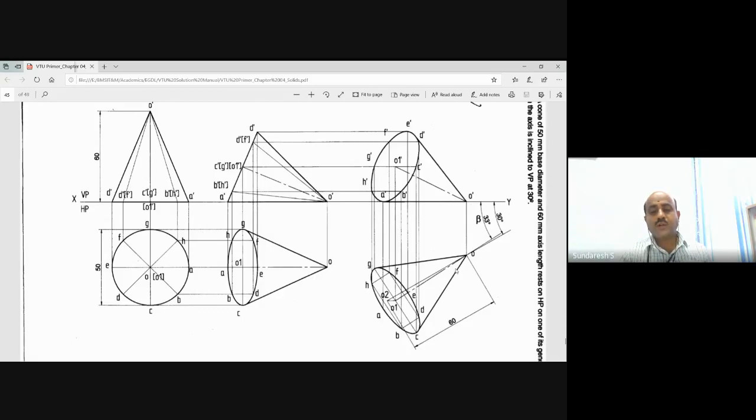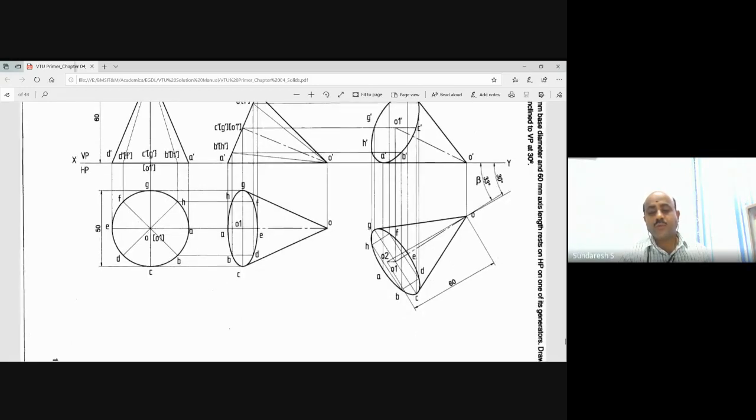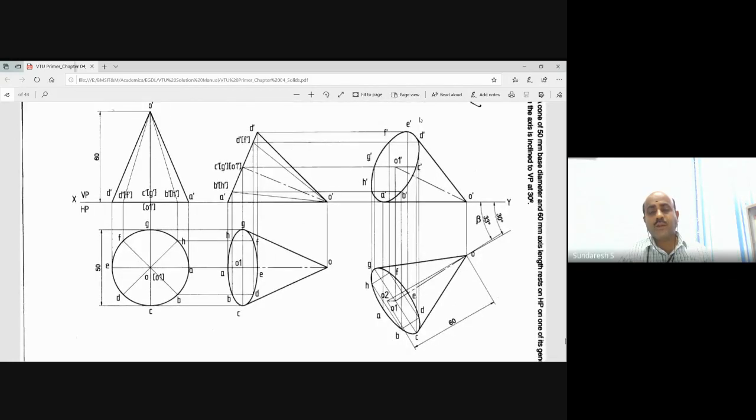Just observing this cone from the front, you can completely see the base. Therefore, the base is completely visible in the front view. You can see the complete base, which is an ellipse, completely visible in the front view. That's why the entire ellipse, that is A dash, B dash, C dash, that smooth curve we have drawn, is the complete visible base in the front view.